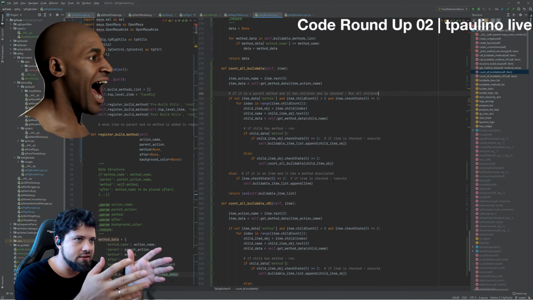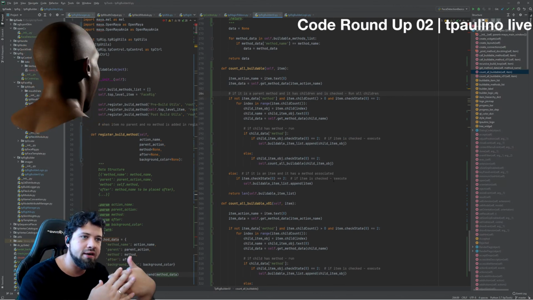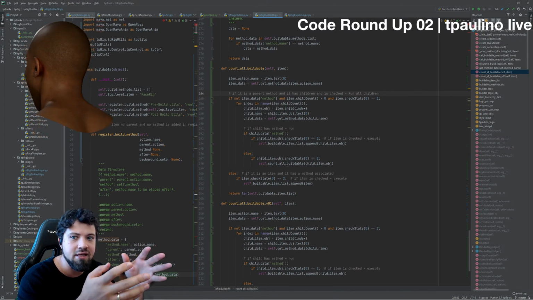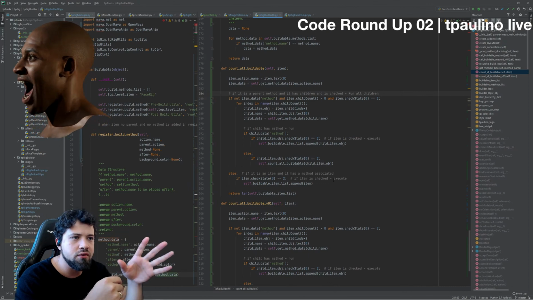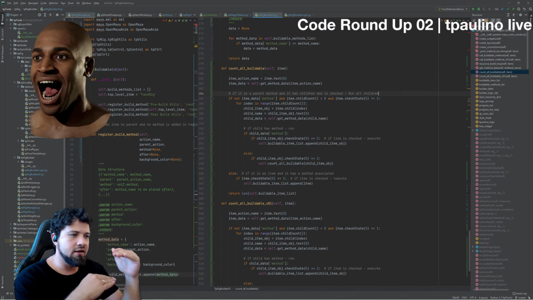When we uncheck a marker on the action stack, it means that we don't want that to be executed. So what we're just doing is creating a list of all the active items, and then,